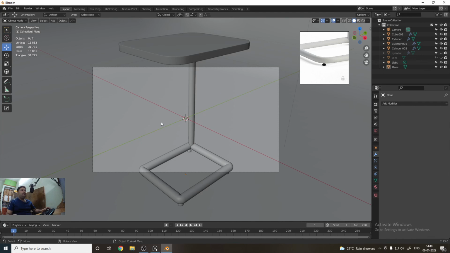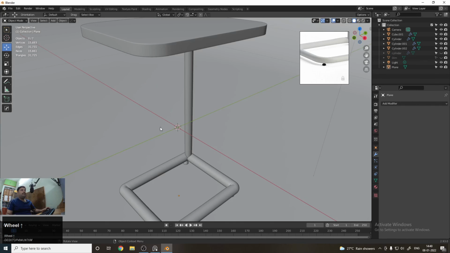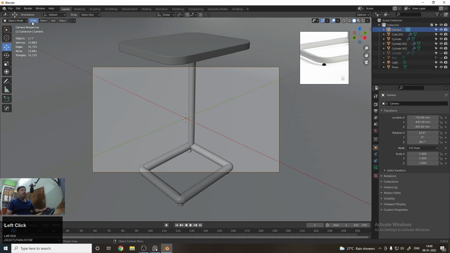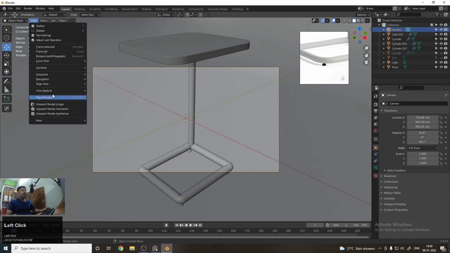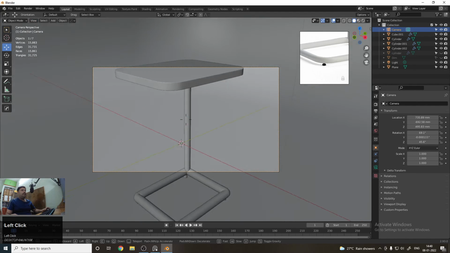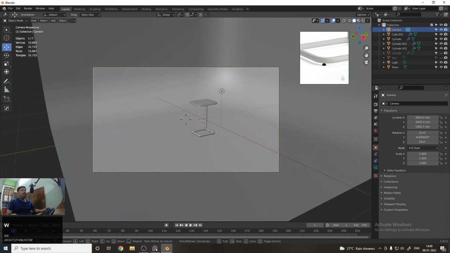If you want to move this camera but it's not moving, it's because you have not selected the camera, and you need to go to View, Navigation, and Walk Navigation, so that you can move the camera in this manner.